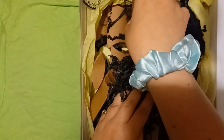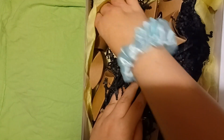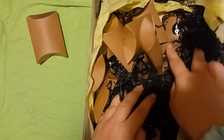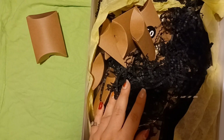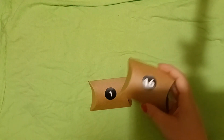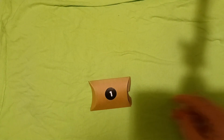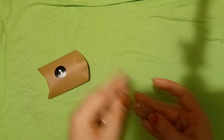So let's just dig around a little bit and see if we can find it. Oh, this one doesn't have a... That one doesn't have a number, so I'm going to put that aside. That might be an extra. Alright, give me 1 second. I'm going to pause and try to find number one quick. Alright, I have found our number one. And I also found a number 16 just floating around in the bottom of the box. So I'm going to assume that our extra box was for day 16. But for day one, we got...